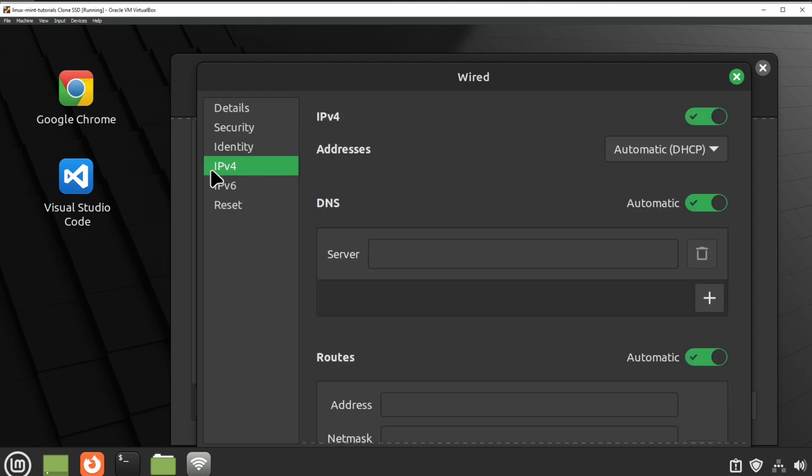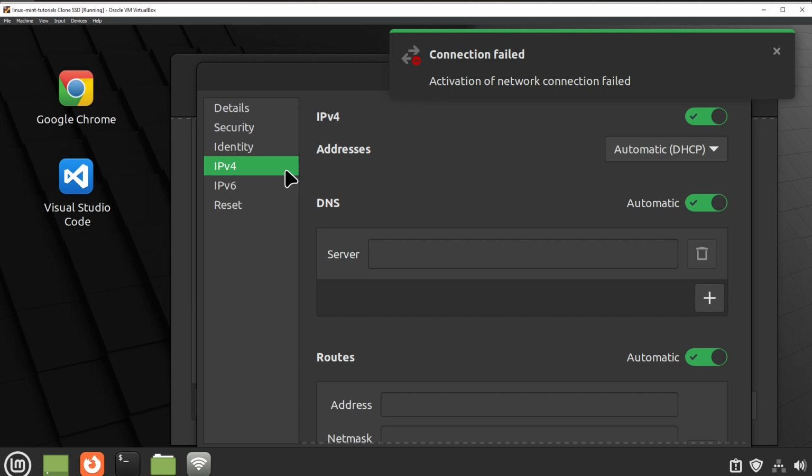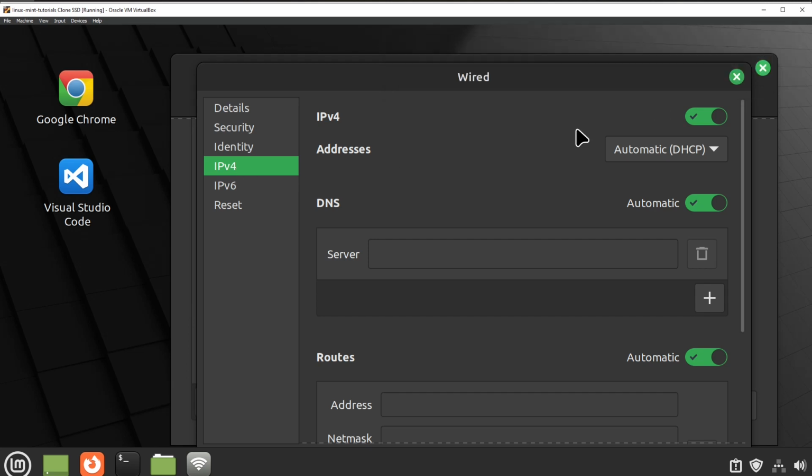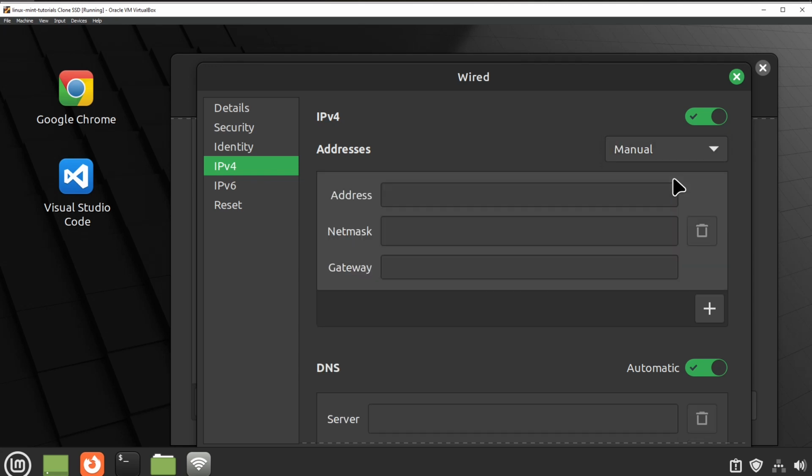And from here on top, IP version 4, we need to select manual from the drop down menu mode, and from here